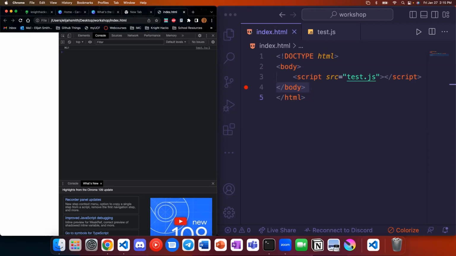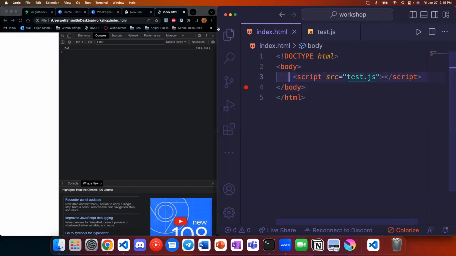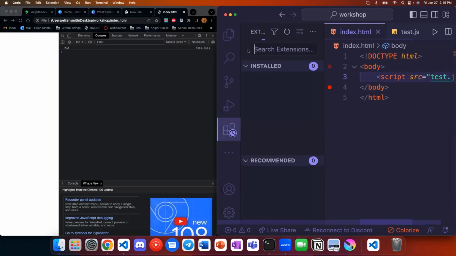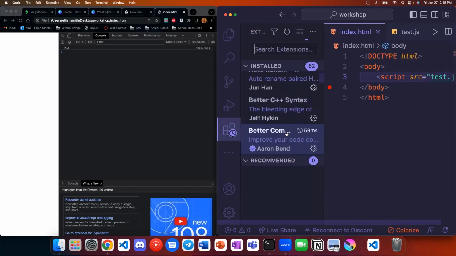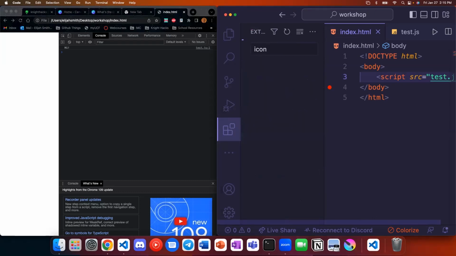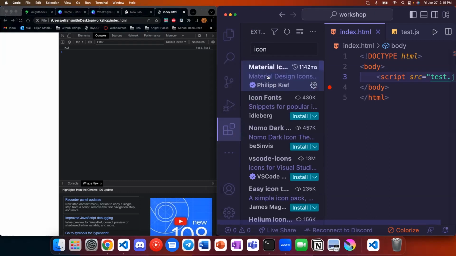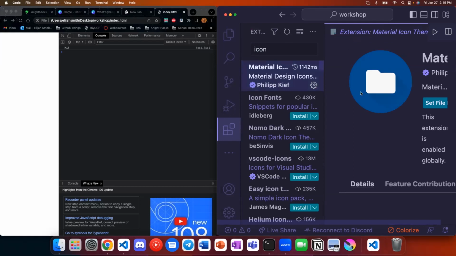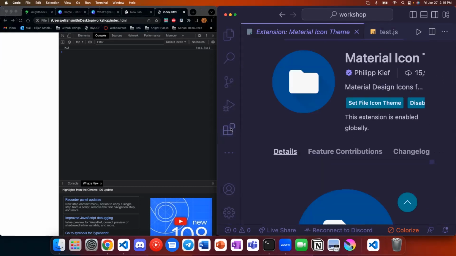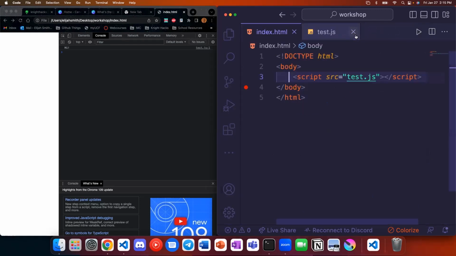VS Code should have a bunch of icons by default, but there's also extensions that change the icons. I don't remember exactly which one I have. I think it might be Material Icons. Yeah, Material Icons. It's an extension. Your extension section in VS Code is where you can get support for different languages.